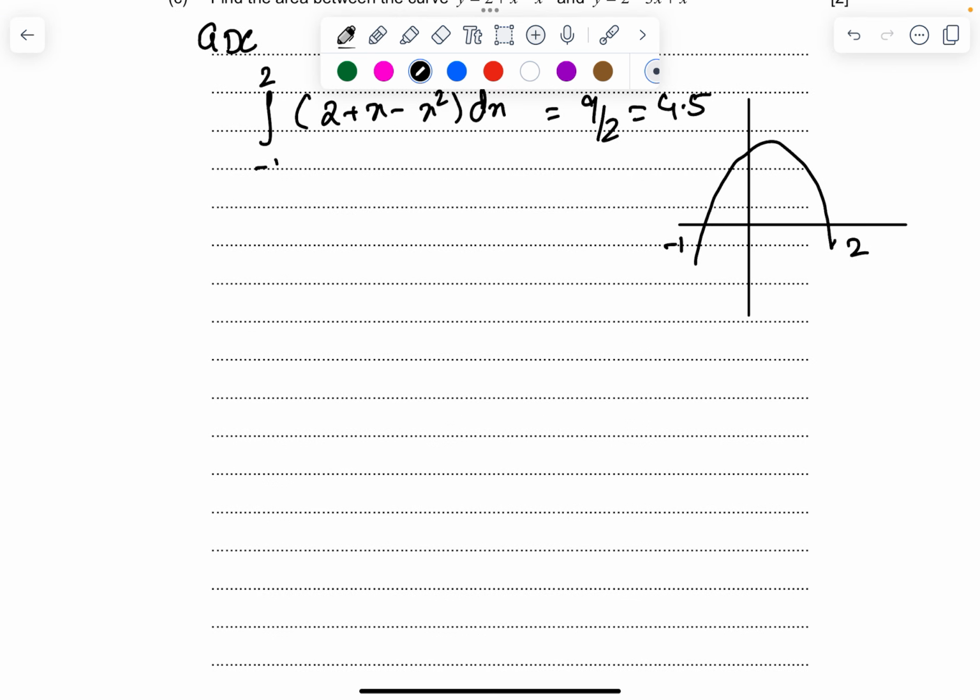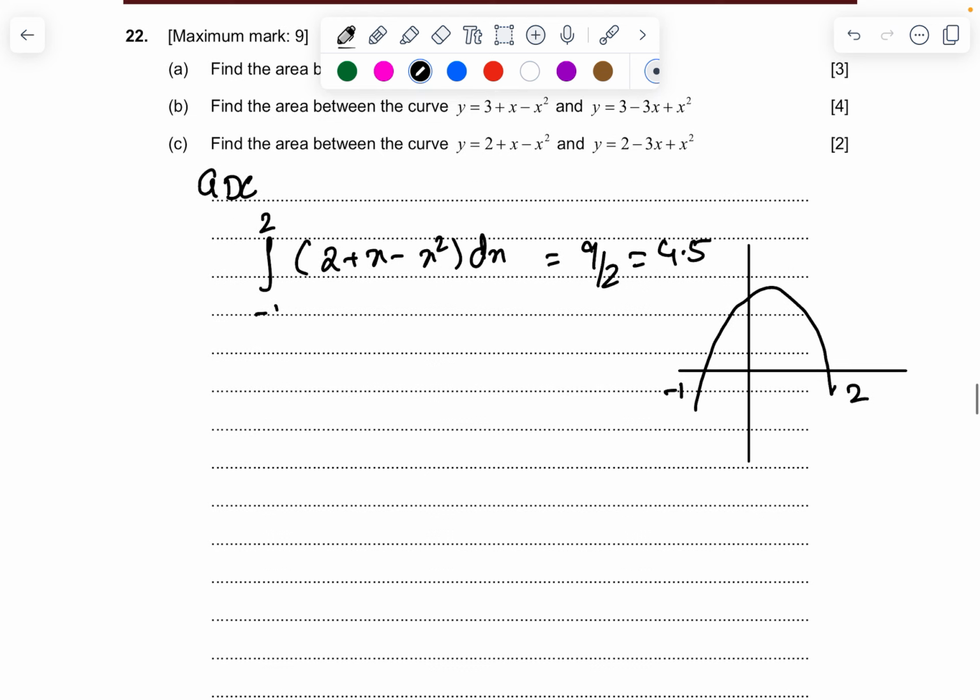So plot the curve. That one was part A. Part B, 3 plus x minus x squared and 3 minus 3x plus x squared. So when I plot the curve, it should be approximately in this way. The first one should be in this way, and the second graph should be in this way. So where are they intersecting? They are intersecting at